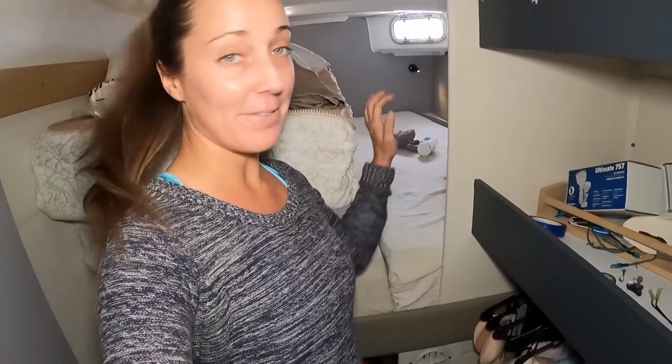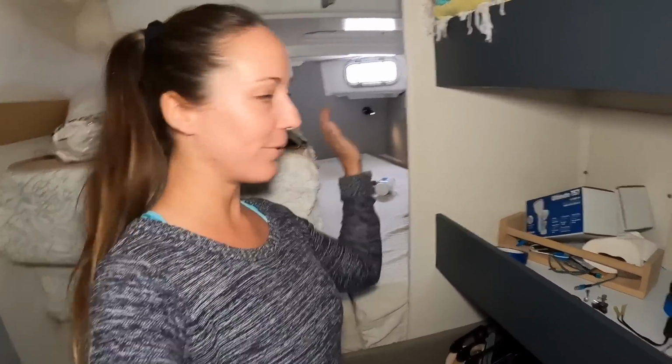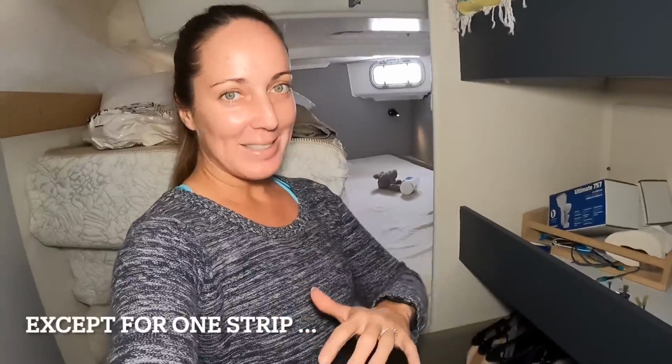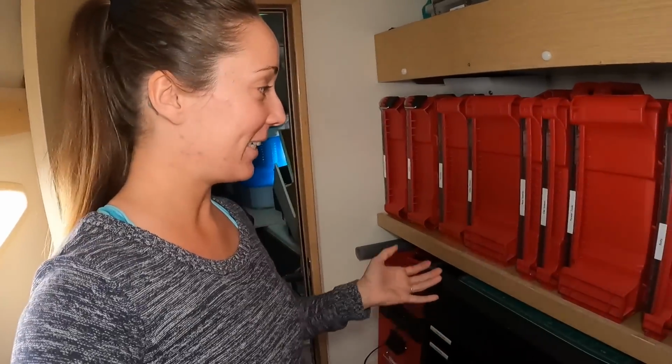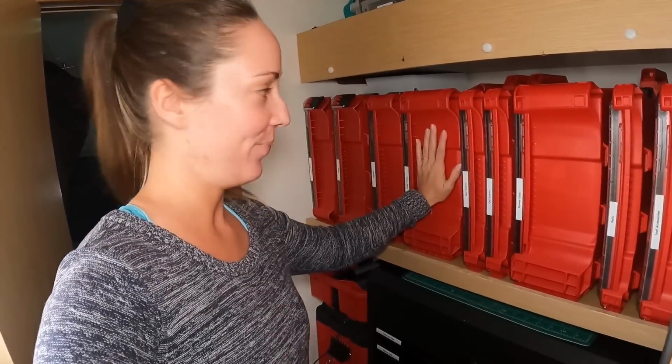So down here we've moved the mattresses from the other hull down into this side. I figured out how to paint the walls, by the way. Everything down on our side is painted now, including the doors. It's amazing, it looks so much better. But this has become the storage hull while we do this refit. So it's been fantastic that we did this